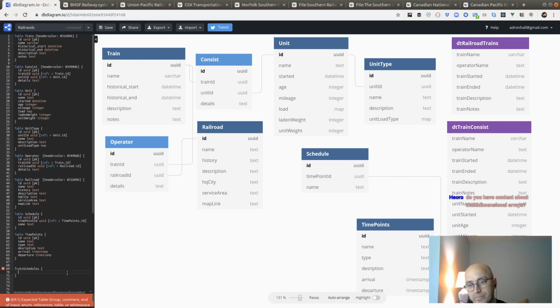Anyway, so this would be train ID, UID, ref train.id, and then we got schedule ID, and that would be ref schedule ID, right? Yeah.